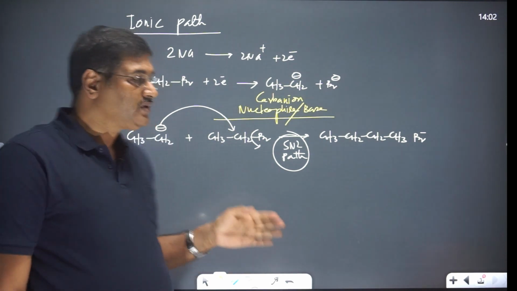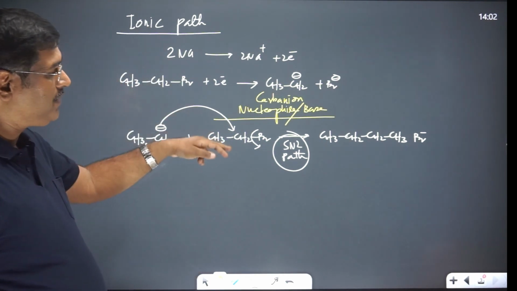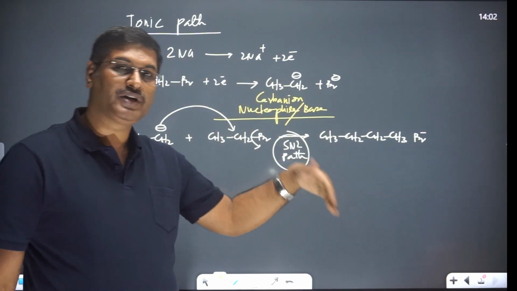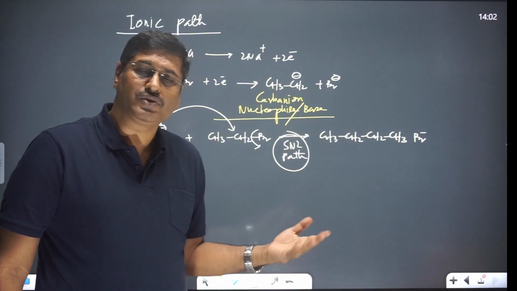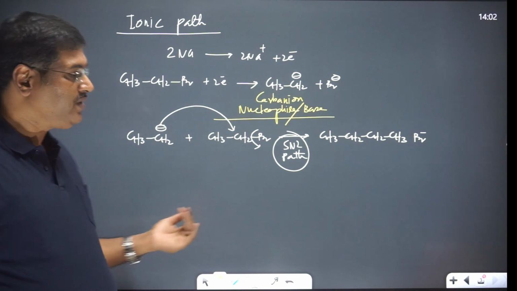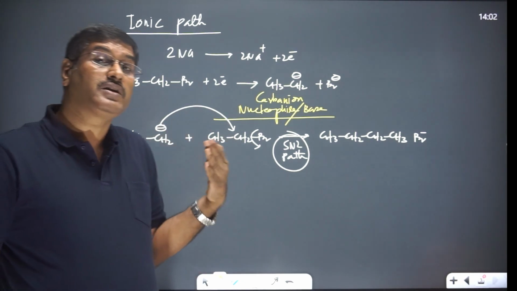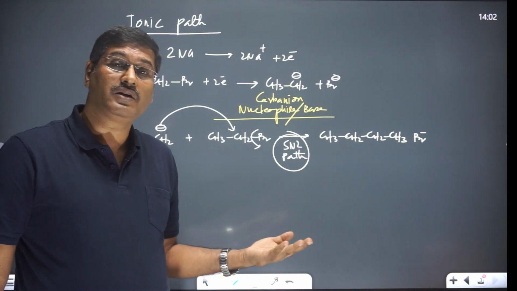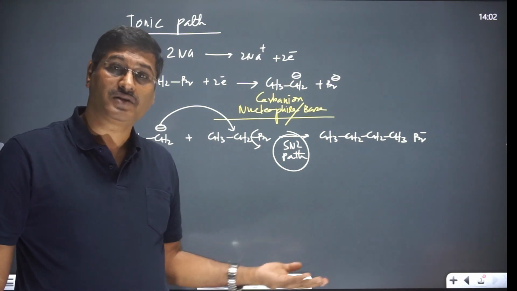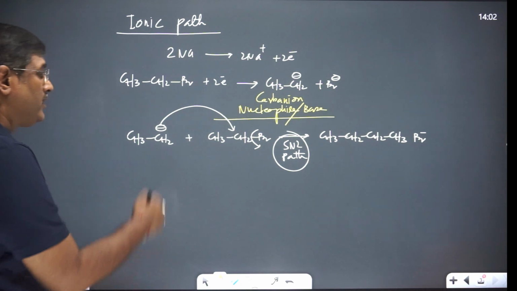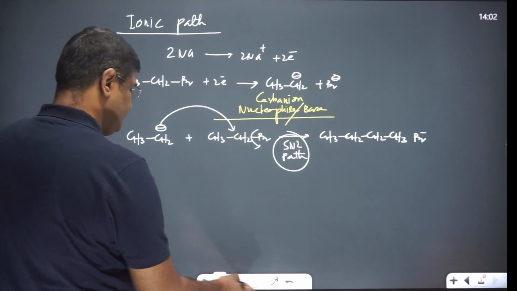The rate of SN2 reaction is maximum on the primary one, decreases for secondary, and decreases for tertiary, where it is almost not possible. At the same time, the rate of E2 reaction is least here, but it increases when it is secondary, and it is the best when it is tertiary. So in this case also, you can write,